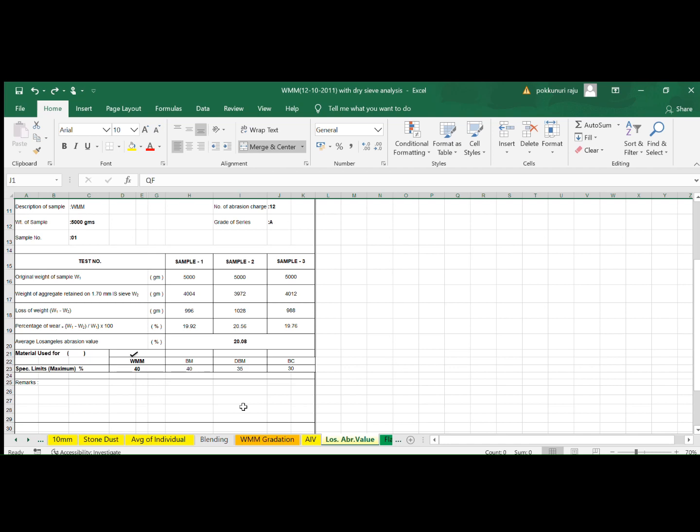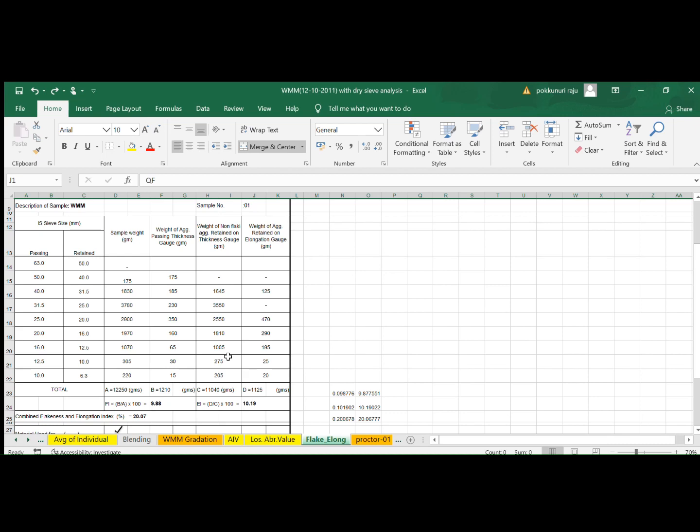This 20.08 is less than 40, which is the specified limit for WMM as far as Los Angeles abrasion value is concerned. That means the WM mix, formed through gradation and impact, is also meeting the LAV requirement.